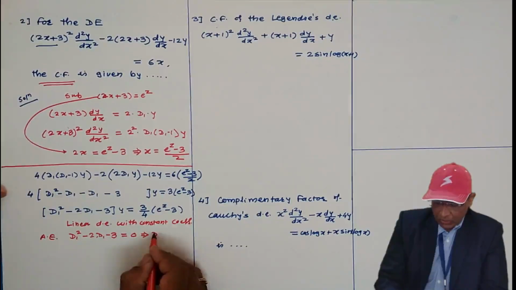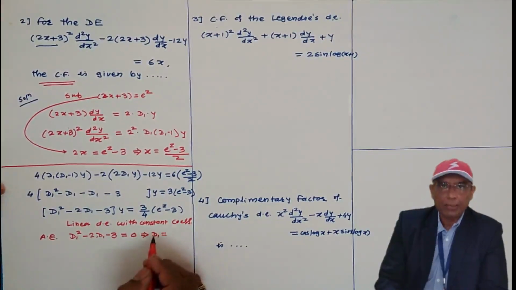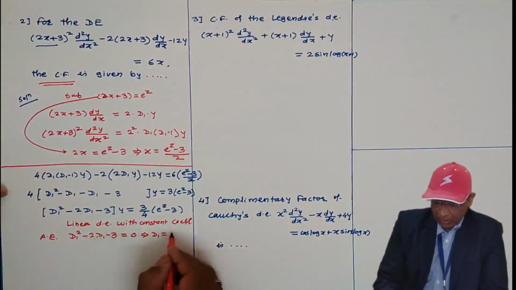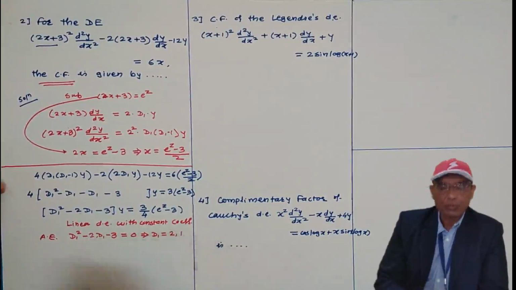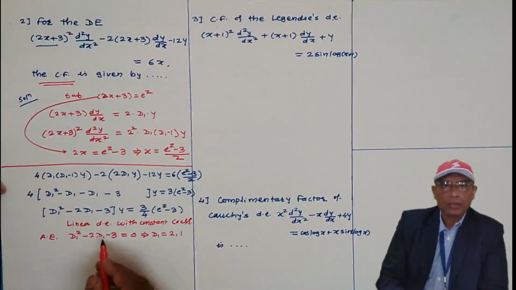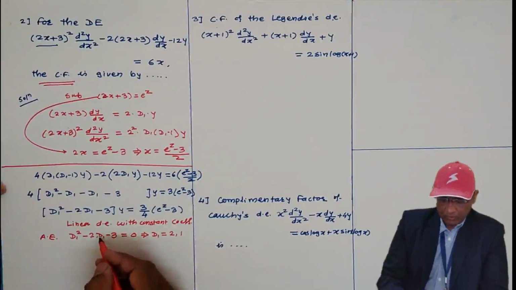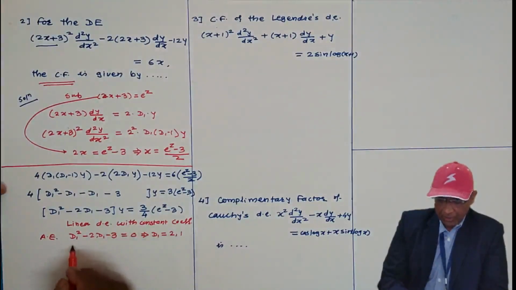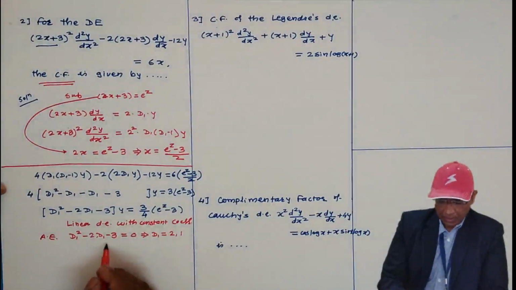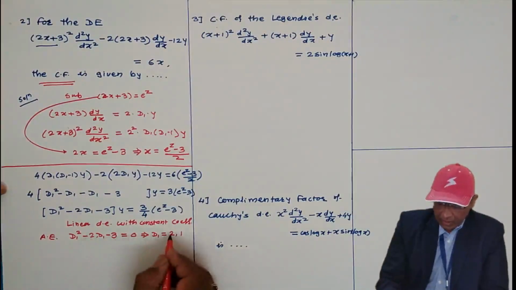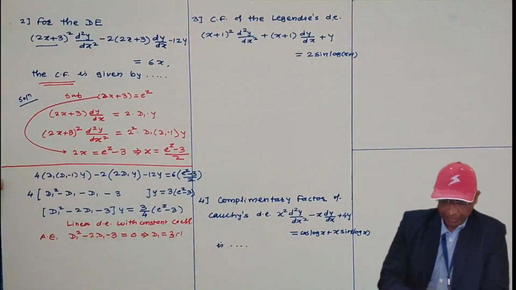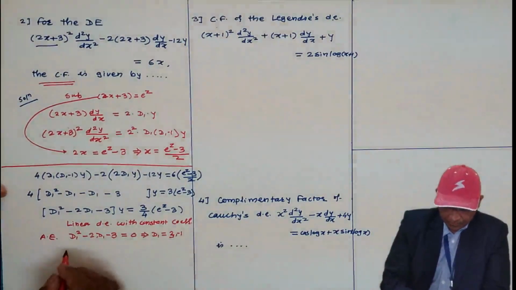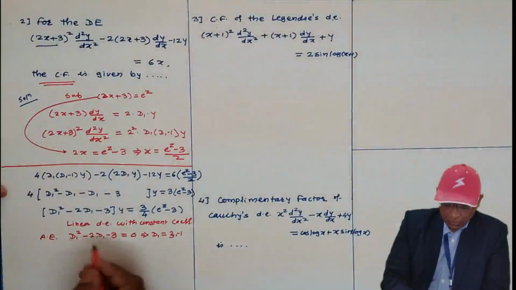The d1 values, I am recommending you to use the calculator. Value of this is what? d1 is 2 and d1 is 1. Or you can factorize this and you will get the values of d1. This is d1 minus 2 and d1 minus this will be 3 and this will be minus 1. Okay, value of d1 will be 3 and minus 1. You can use the calculator, or by procedure also you can do.